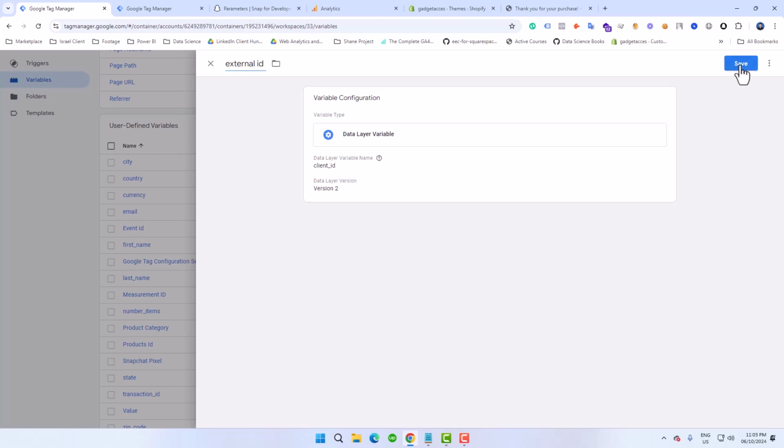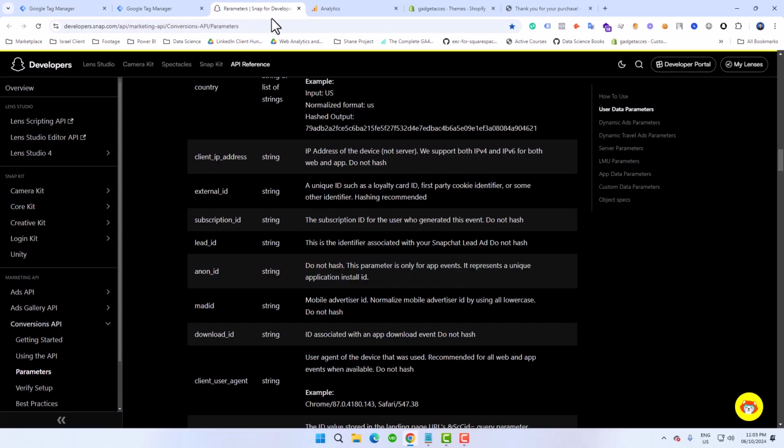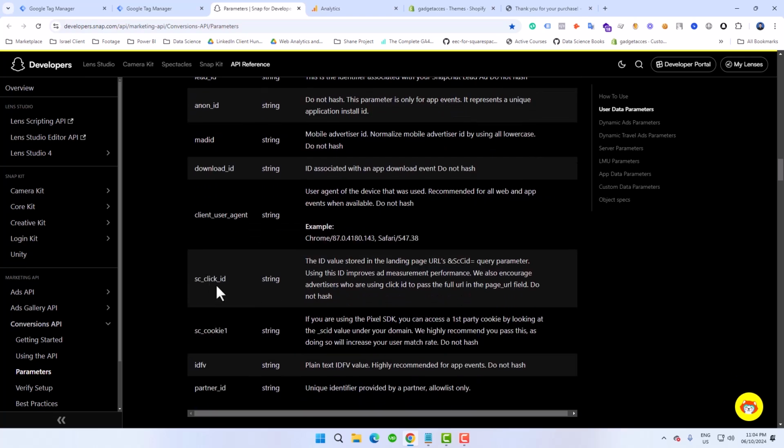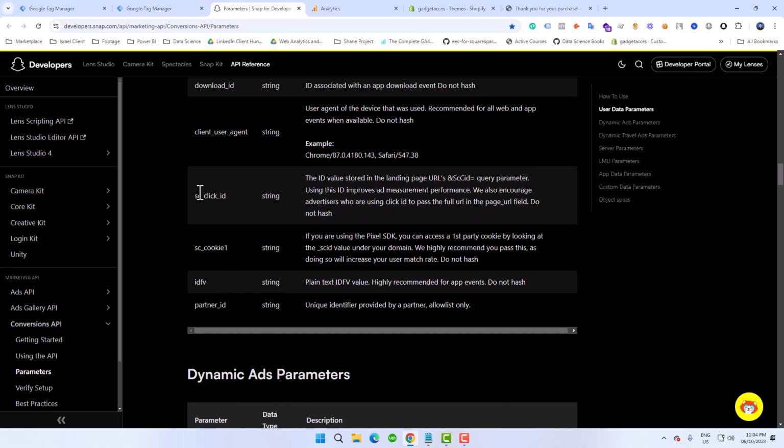Then go to this guideline again and just look here. This client user agent, lead ID, anon ID and MAD ID, the mobile advertising ID, are not important. Client user agent will be automatically detected by the GA4 client, so that also is not important. Then there are two additional cookie IDs, Snapchat click ID, SC click ID, and